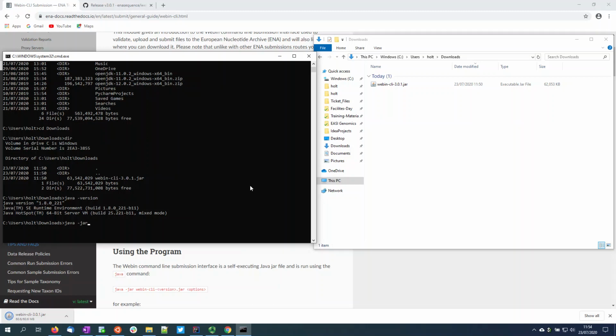So this is going to run the Java program, and it's going to tell it to expect a jar file, which is what this is here. So this is just us telling the computer that we want to run Java and telling Java that we want it to run a jar file for us. So if we then add in the name of the jar file, which is webin-cli-3.0.1.jar, and we press enter,